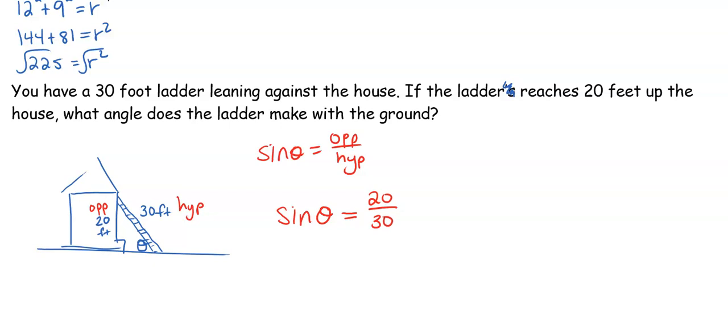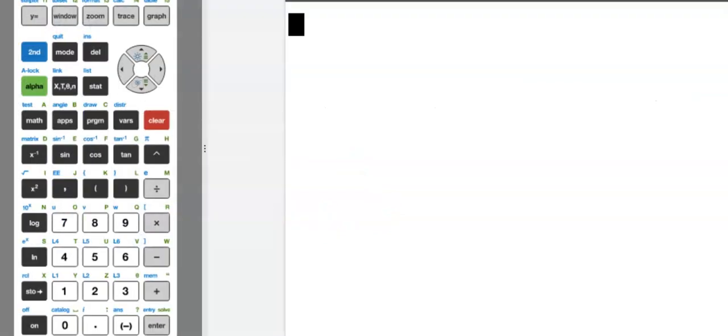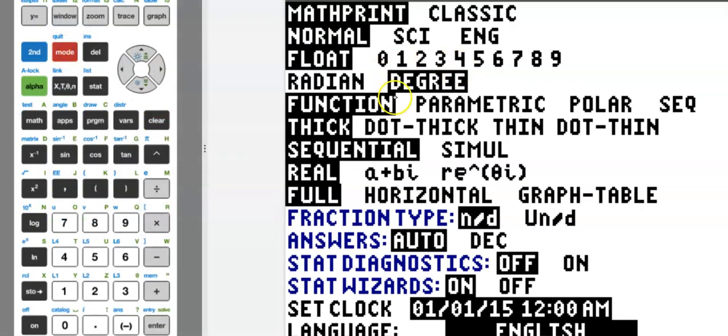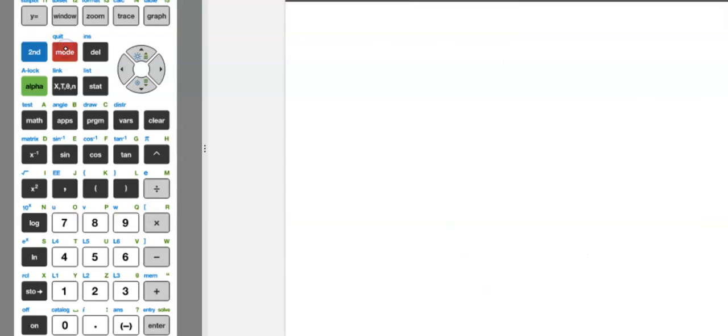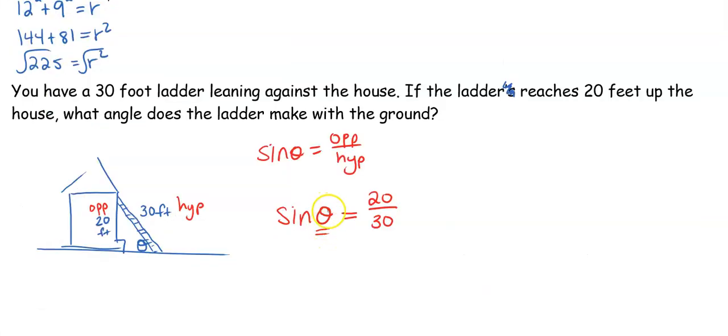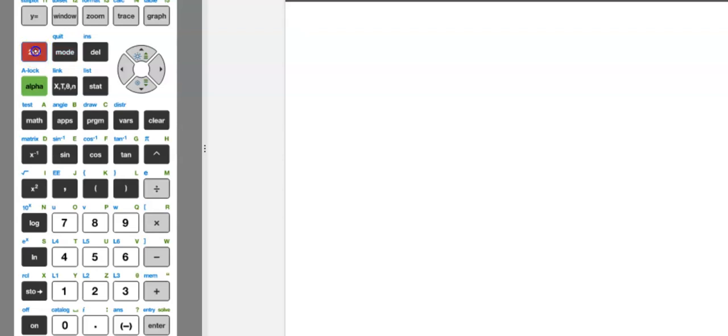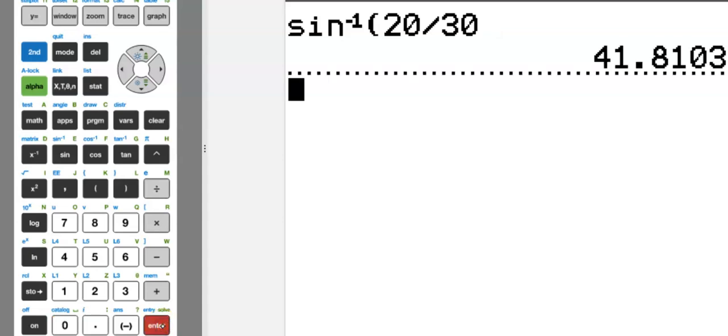When we are looking at this, we see that we are missing our angle measure. When we are using our angle measure, we've got to be really careful when we use our calculator. One, we want to make sure that our calculator is in degree mode. If your calculator is in radian mode, it's not going to work properly. And since I want the angle, I'm going to use inverse trig. So the angle is the inverse sine of 20 over 30. And remember, to get this on our calculator, we hit second sine, 20 divided by 30. And we said that's 41.8